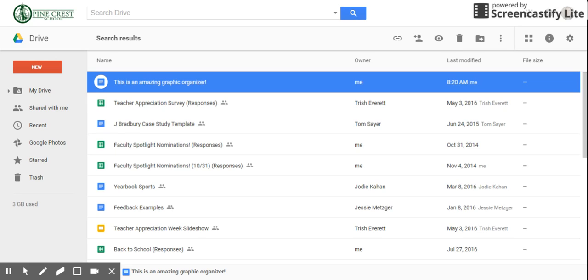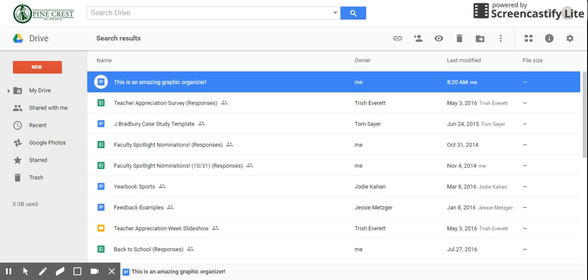Hi, today I want to show you how to edit a link to a Google Doc item in order to force the user to make a copy in their own Google Drive. This can be an excellent tool for you to have at your disposal, especially if you're trying to distribute, for instance, a template for an assignment, or perhaps a worksheet, or perhaps a piece of information, and you want to ensure that every student in your class or every person who clicks the link has a copy of that in